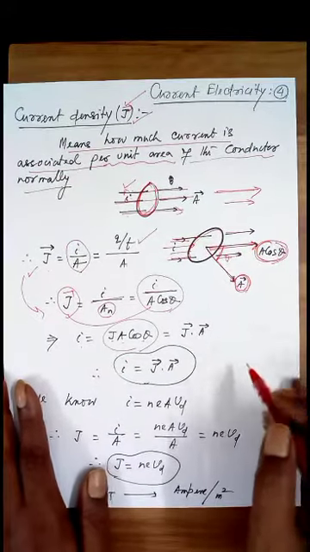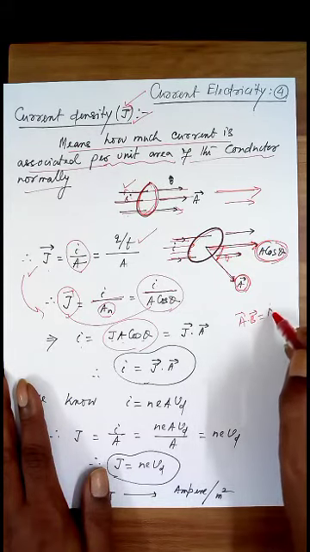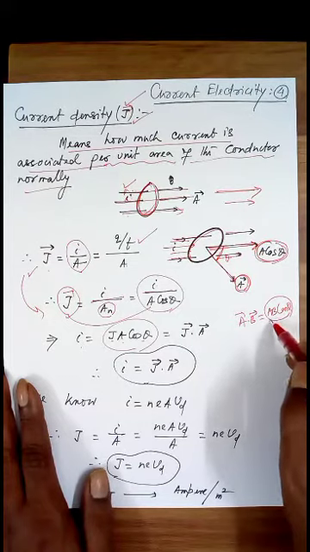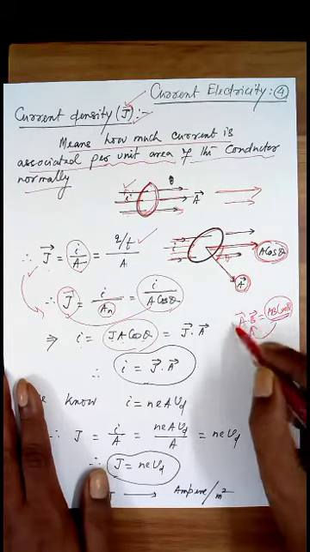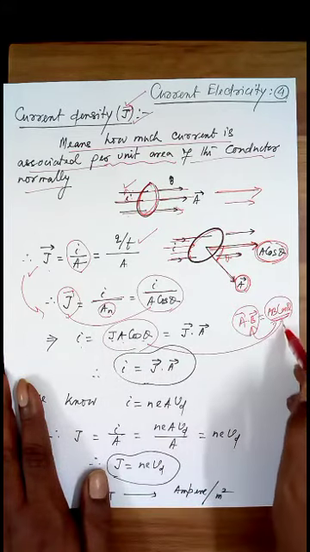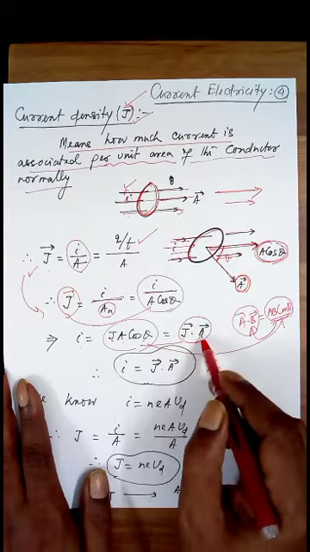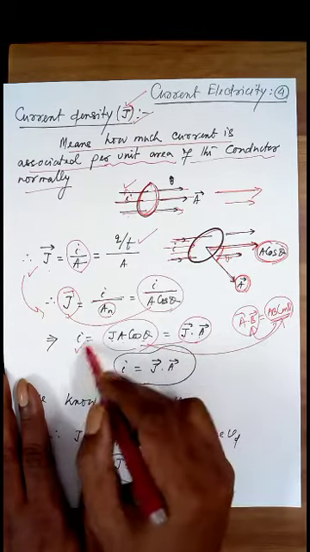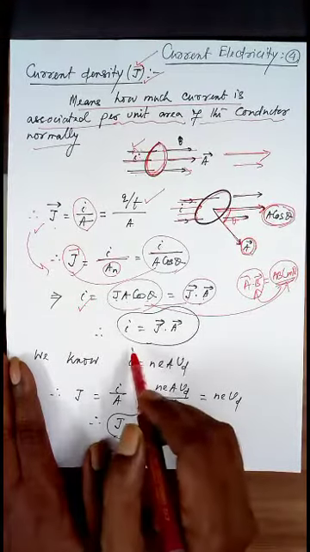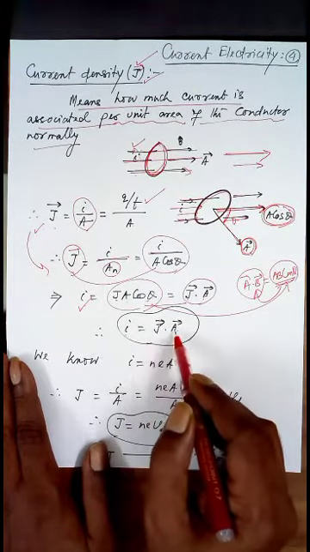And we know in vector analysis, A dot B, where A and B are two vectors, is defined as A B cos theta. So anything that is written in this form can be written in vector form. So this J A cos theta is written as J dot A. Dot product is a scalar quantity, therefore current is a scalar quantity, right? So I is equal to J dot A, the dot product of current density and the area vector.